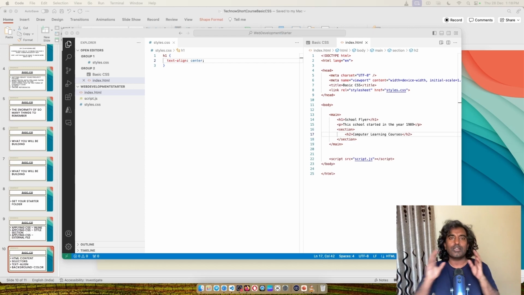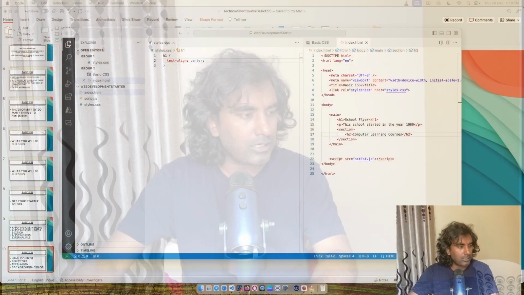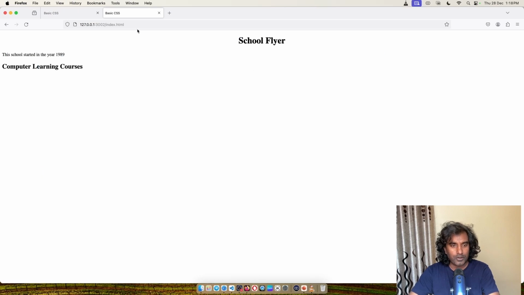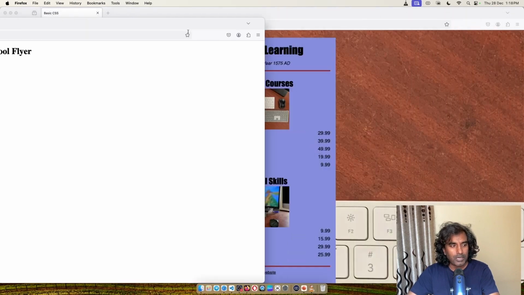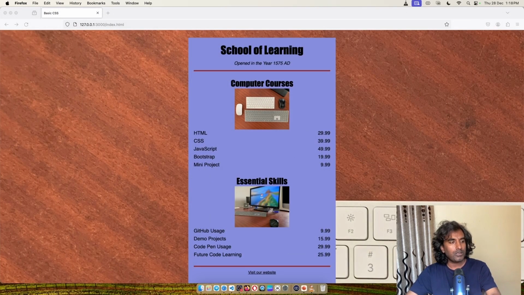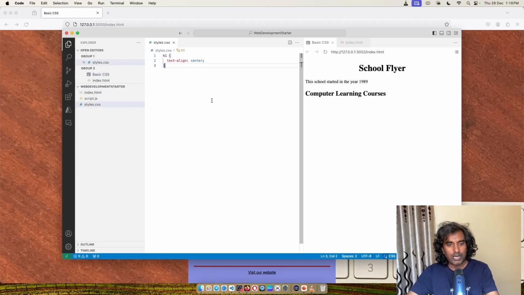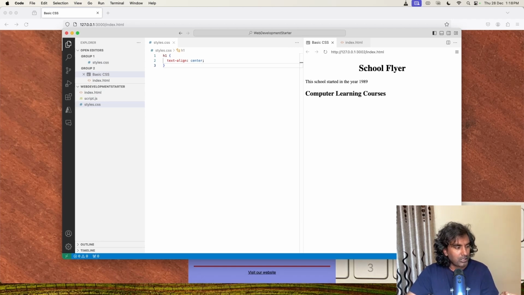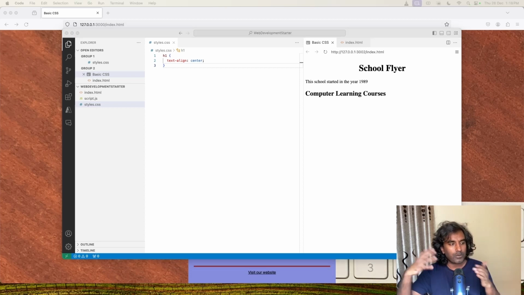Okay, I mentioned this. If I have two monitors, what I normally do is open this output in Firefox, and then I keep the output on my other monitor. That way when I'm coding I can look at the CSS file and HTML file at the same time, and I can look at my second monitor and easily see the output of whatever code I'm writing. This is why I keep telling you folks, you need to have at least two monitors when you're practicing programming.